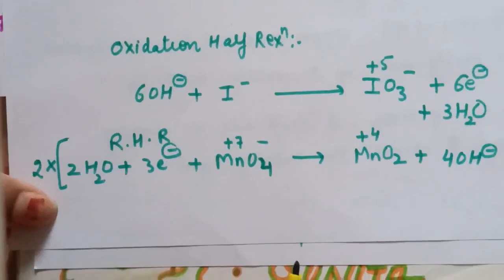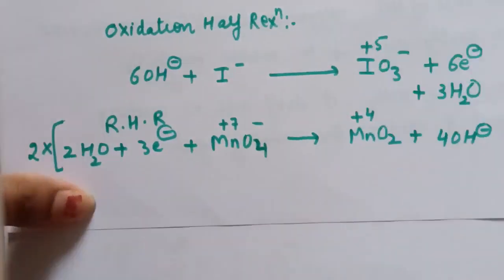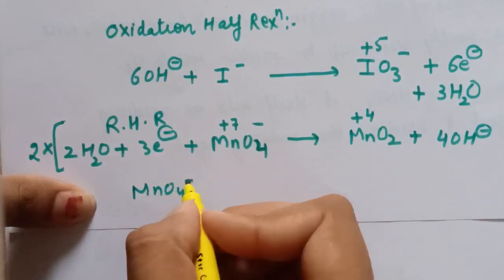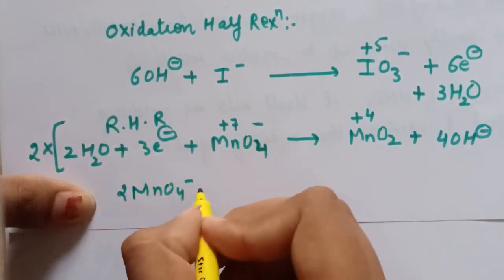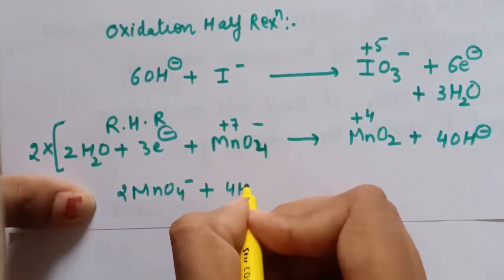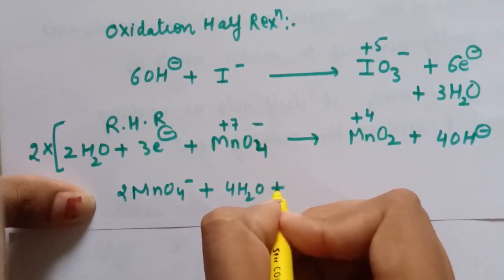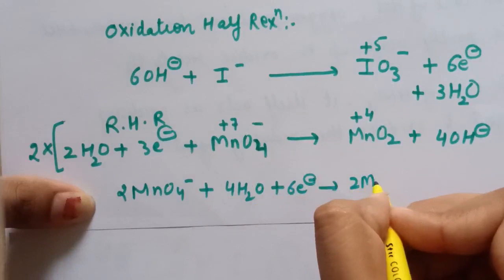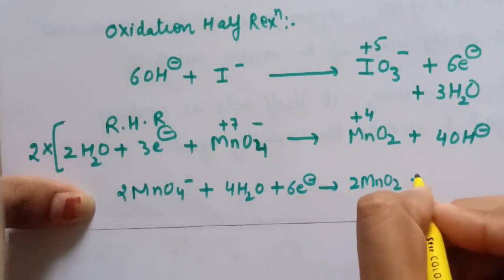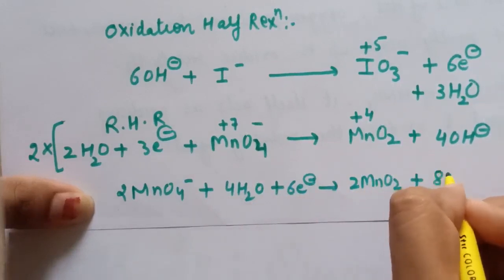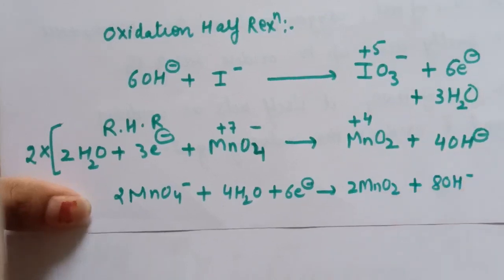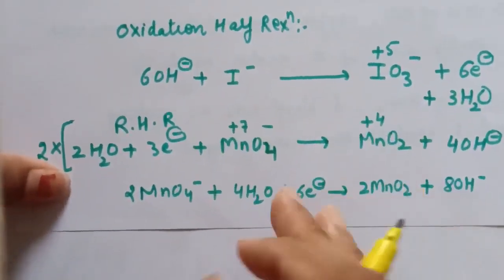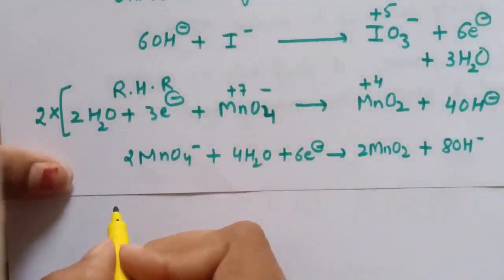Now the overall equation will become 2 MnO4 negative plus 4 H2O plus 6 electrons giving 2 MnO2 plus 8 OH negative. Now we will add the oxidation half reaction and the reduction half reaction. So the overall equation will become